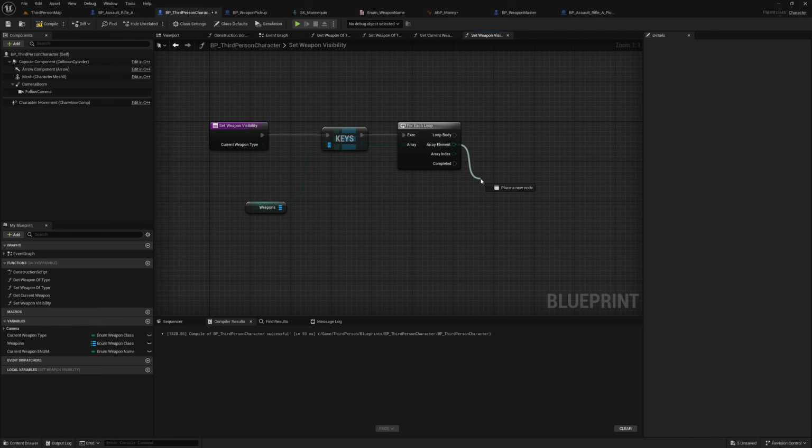So we can drag off of array element here and find a not equal enum, plug in the current weapon type right here, and make a branch. We can hold B and left click to make a branch, plug this in as the condition, and